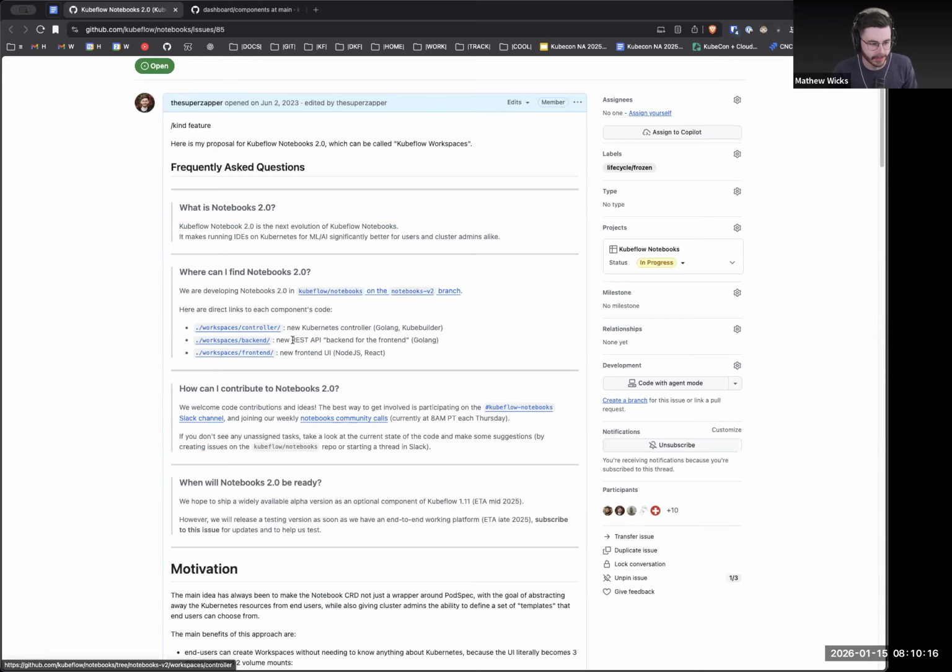There is three major components: a Golang kubebuilder based controller, a Golang based backend, which is REST API, which is what the user calls. The front end doesn't do any interactions with Kubernetes; it only interacts with the backend, and also this can decouple it so we could build other interfaces in the future. And so if you have experience in any of these areas, we would always love you to help out. Please come to these meetings.